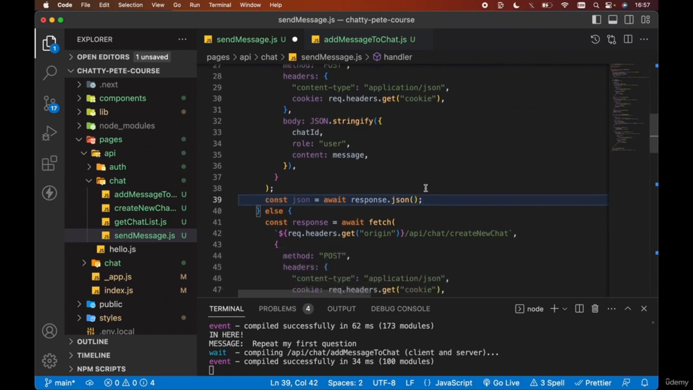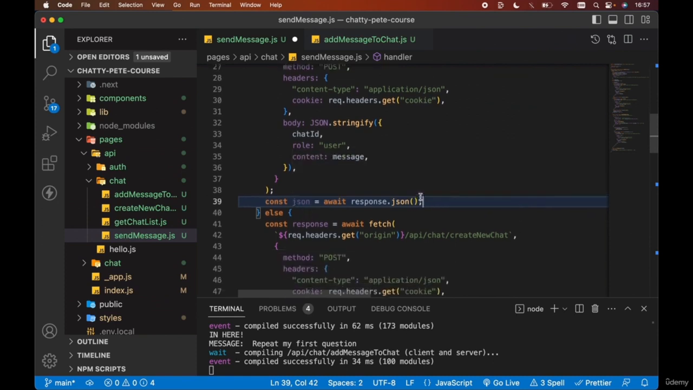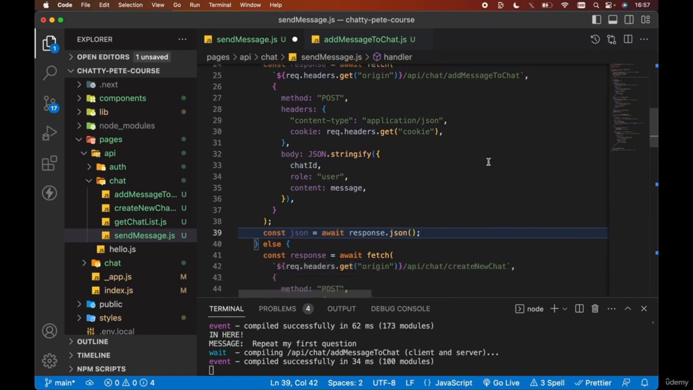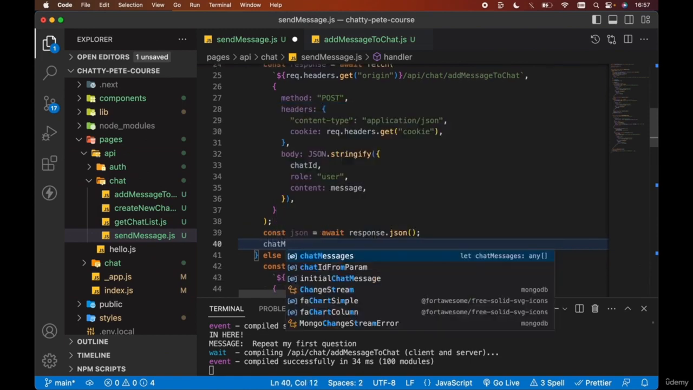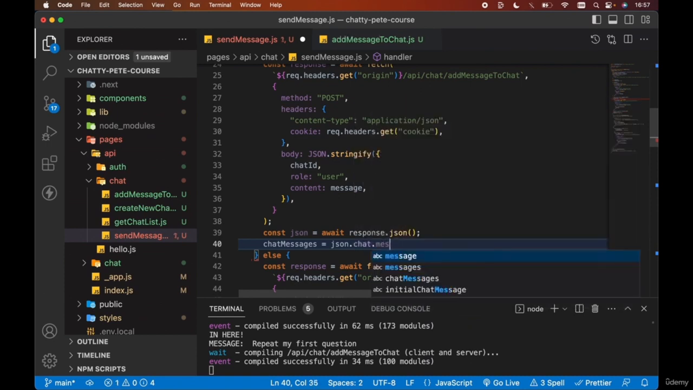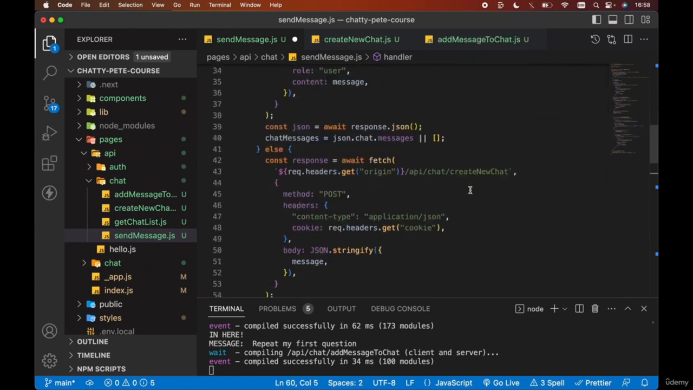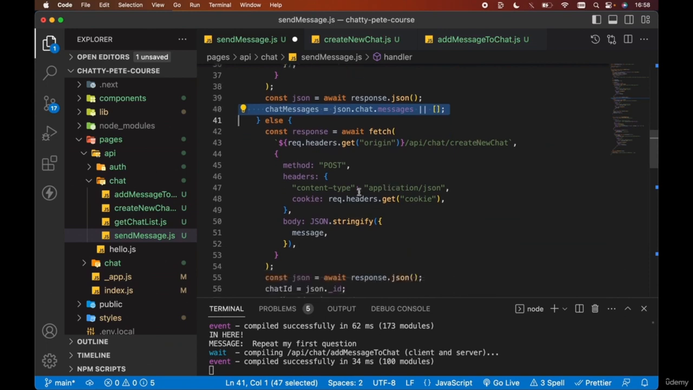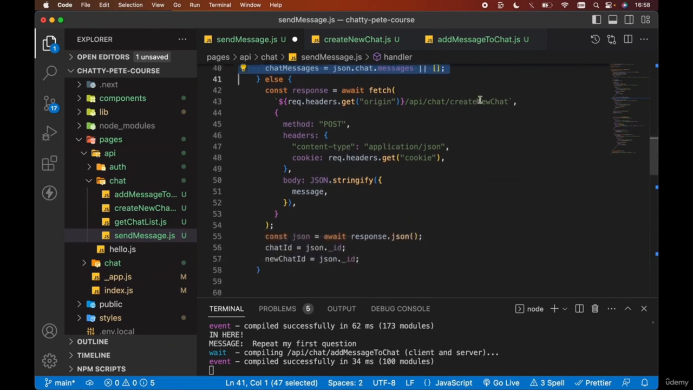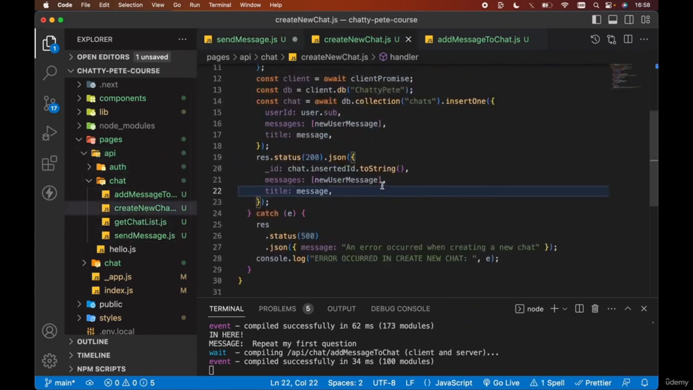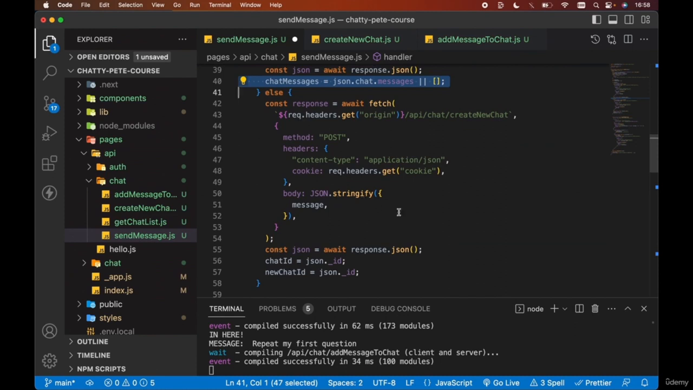So first of all, we need to set our chat messages equal to the response that came back from our add message to chat. So down here then, let's set chatMessages equal to json.messages. And let's default this to an empty array just in case messages is null or undefined. Then we want to do exactly the same thing. So let's copy what we've got here. We want to do exactly the same thing when we're creating a new chat. So if we quickly refer to our pages, API, chat, and create new chat endpoint, we're returning the new chat messages whenever we create that new chat. So we want to do exactly the same thing. We want to set those new chat messages